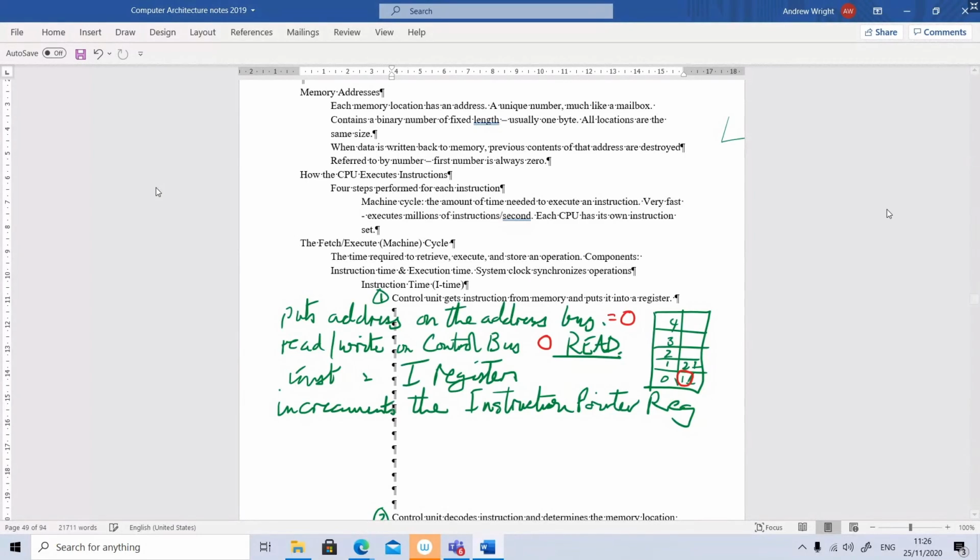Okay, we've set it to read. We read that and put it into the instruction register, and then we increment the instruction pointer register to 1. Okay, so it's then pointing